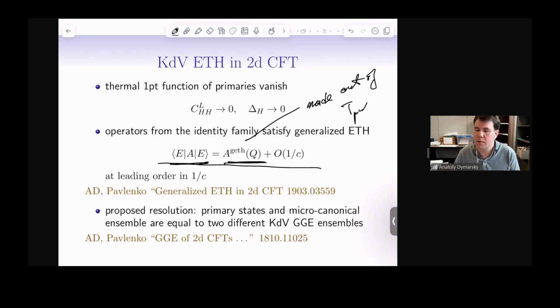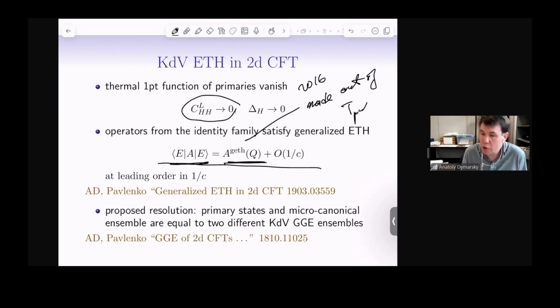Now, that establishes that any primary has vanishing thermal expectation value. That doesn't establish that the expectation value of any primary in an energy eigenstate will be 0. That is the statement of ETH. But that is a statement which we expect to be true at the level of OPE coefficients. You need to calculate the corresponding OPE coefficients. This is something we discussed with Nima Lashkari and Hong Liu in a 2016 paper, which is something like